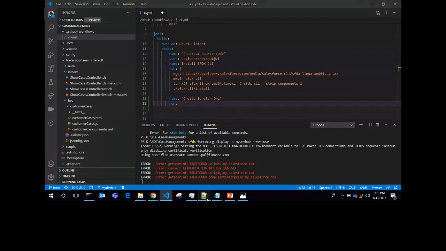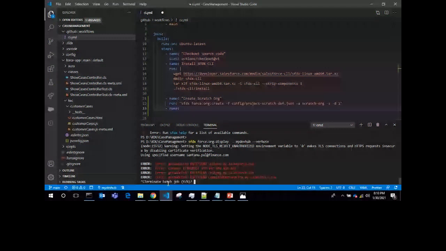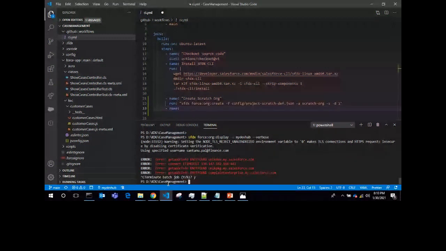Now we have to deploy the code into the scratch org. So name. I think this syntax is giving an error. I need to terminate this job and run it again. Let's see.